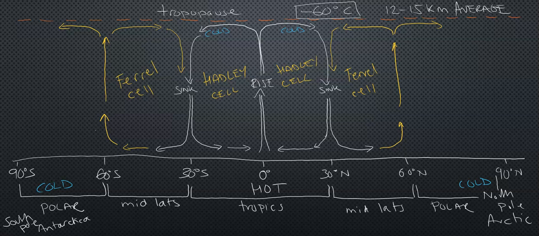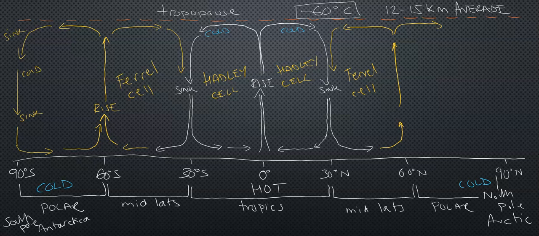And there's a final cell between 60 south and 60 north and 90 north and 90 south. And this is the polar cell. So we're going to have this situation where the air is going to sink again. It's very, very cold. And it's going to sink down towards or over 90 south. It's going to come back around across the surface as wind and rejoin at 60 and rise up. So we have a rising section right here over 60, and it's going to sink down. This very cold air is going to sink over 90 south, which is the South Pole, Antarctica,